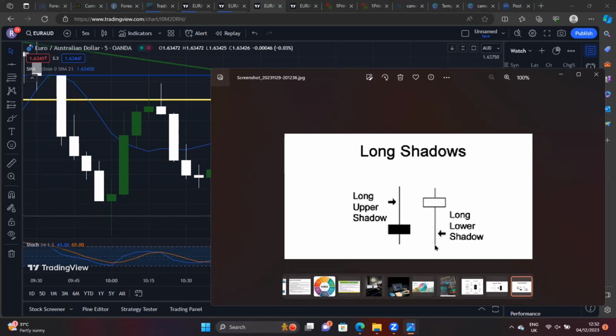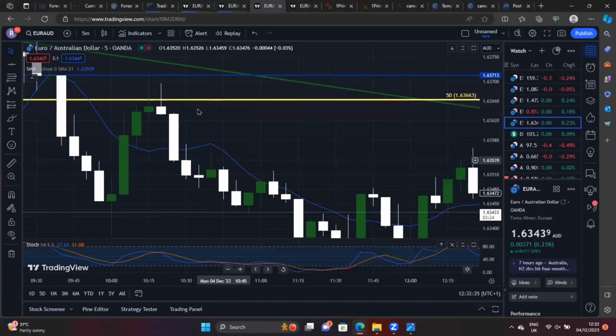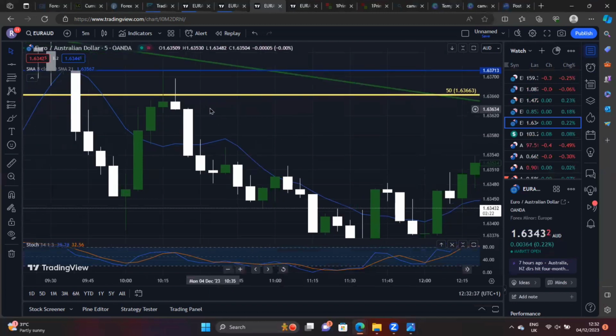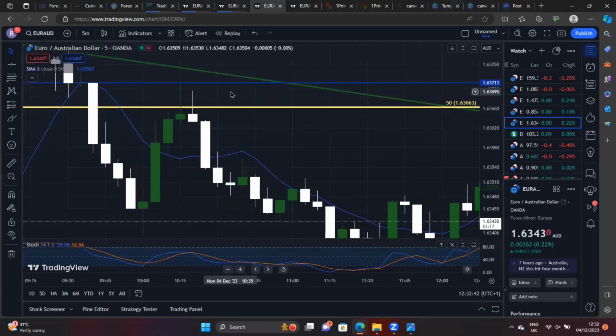But for one reason or another, buyers came in and drove price up. Now, let me use a grammatical expression to explain what the wicks are. More importantly, the longer wick. Let's say buyers, let me use for instance,